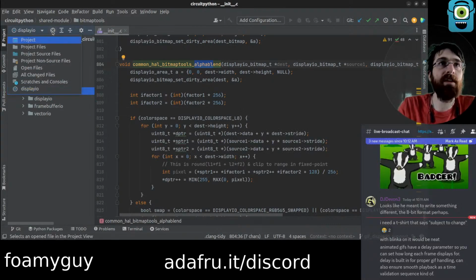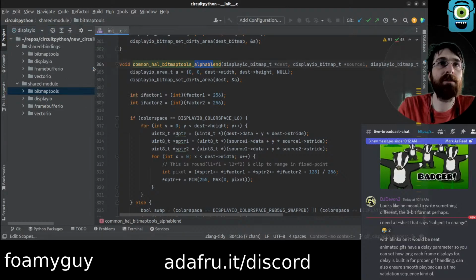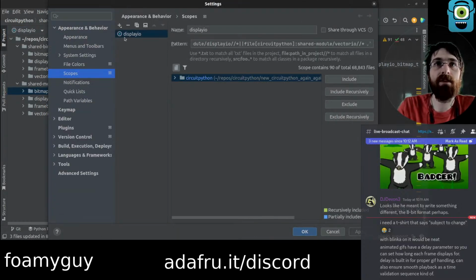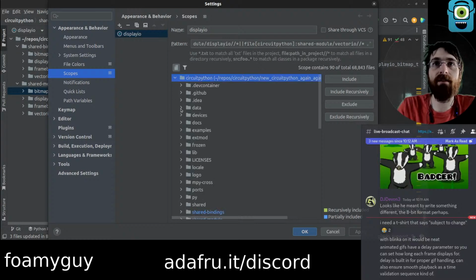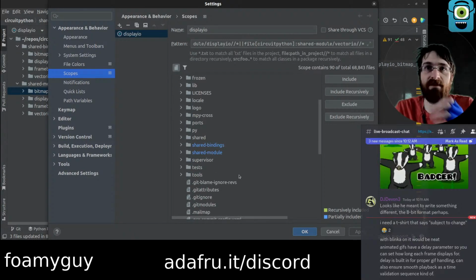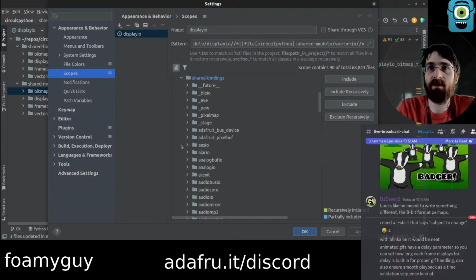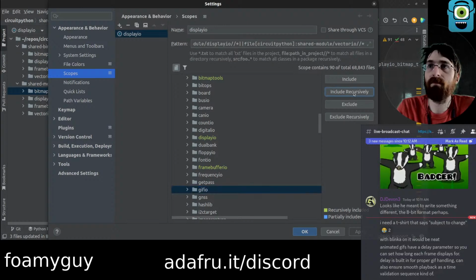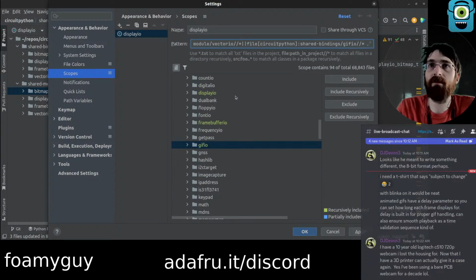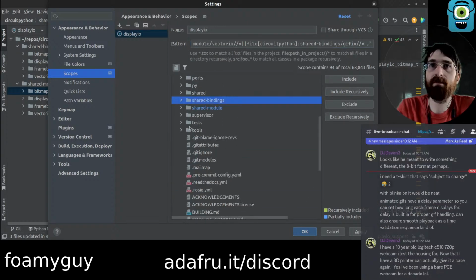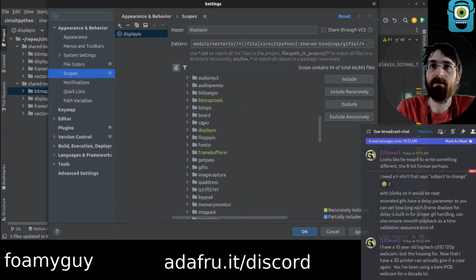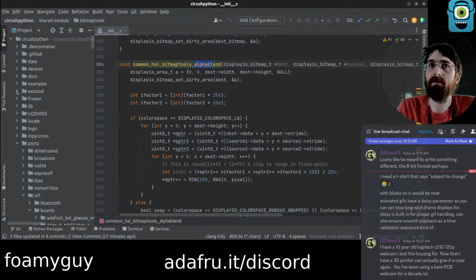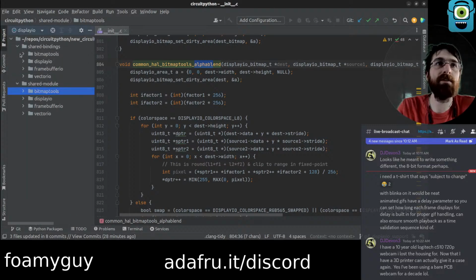We can update this thing. How does this work again? We go in here, scopes. Actually, I wonder if this will be mad if that folder then disappears after. Gonna be mad about that? I can just come back and remove it if so, I guess. Oh, it switched back. Why did it do that? That's weird.